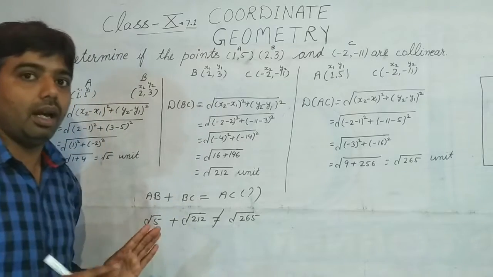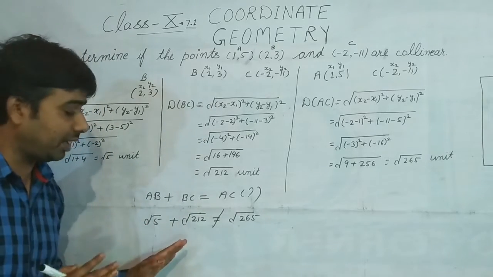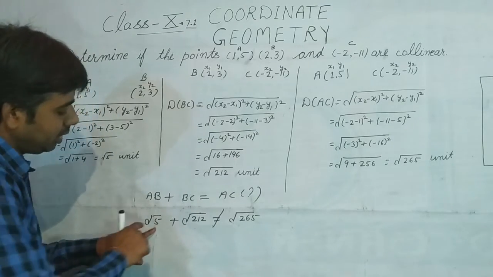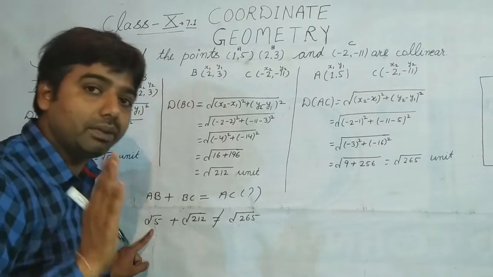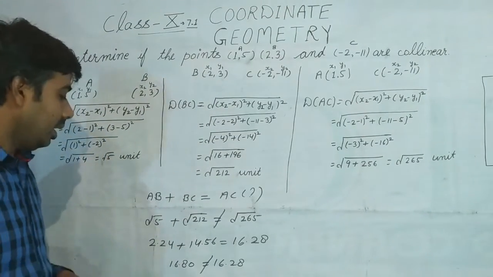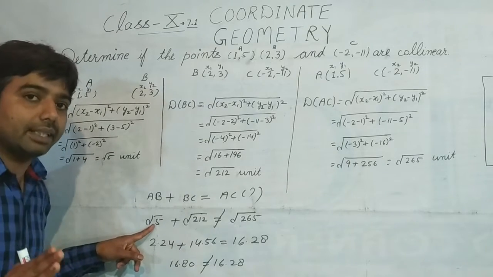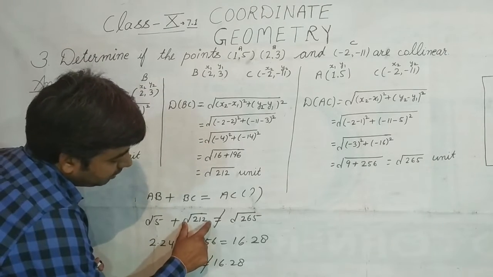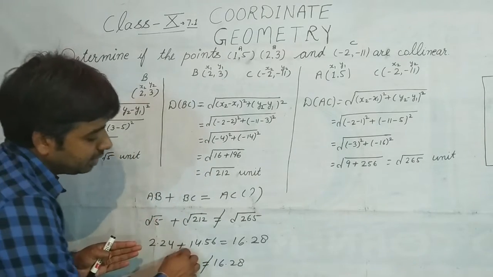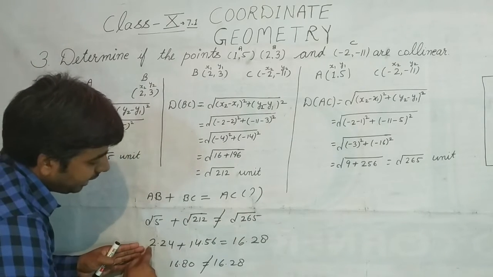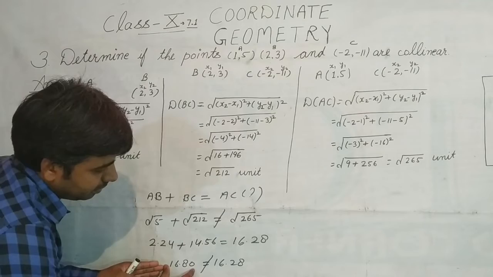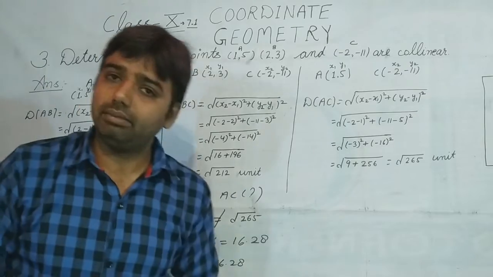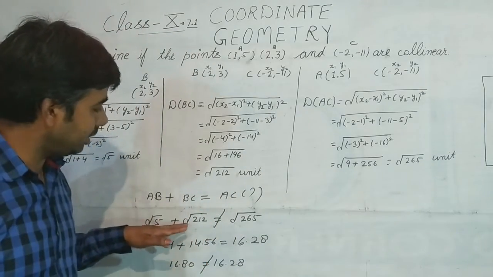This is the question. For your more information, if you are not satisfied up to here, this is the right answer up to here. If you want to do some more, you are required to take out the square root of this one by the division method we studied in 8th class. If you take out this one by the division method, we get this number. This number will come in the same way for this one. Adding this one to this one, we get this number, and this number is already here. This number is not equal to this number, so by this you can also understand it. Otherwise the answer up to here is also right.